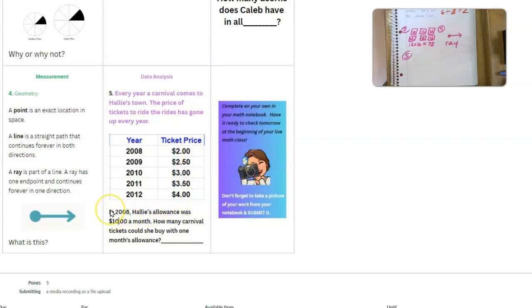So the first question is, in 2008, Hallie's allowance was $10 a month. How many carnival tickets could she buy with 1 month's allowance? Okay, so if her allowance was $10 per month,